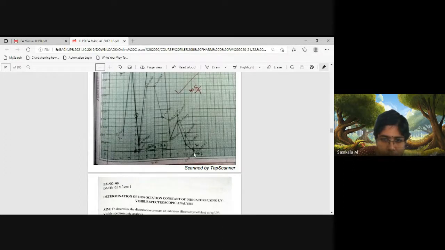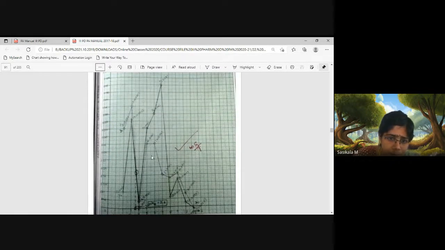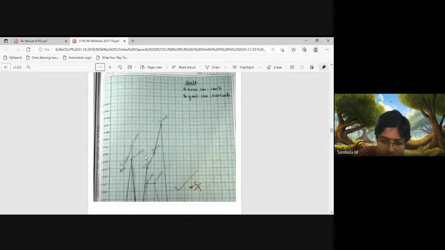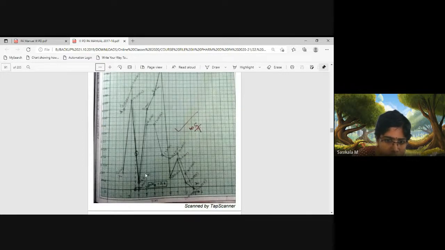The pH values will be read for all the solutions from 1 to 13, so maximum 14, right? So you can draw 1 to 14 on the x-axis, and absorbance maximum. See the readings in that range and take the scale accordingly. Here she has taken on the y-axis 1 centimeter equal to 0.005 units. Take it in that manner so that you get a broad graph and you also get inflection points. So pKa 1 and 2 will be calculated at the inflection points of both the curves at the two wavelengths.